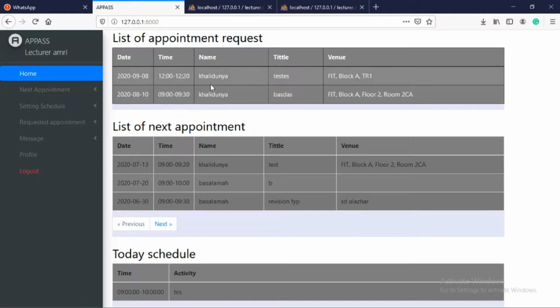Appointment requests are appointments that have not yet been approved by the lecturer. They come from students, and the next appointments are the appointments that have been approved by the lecturer. And then